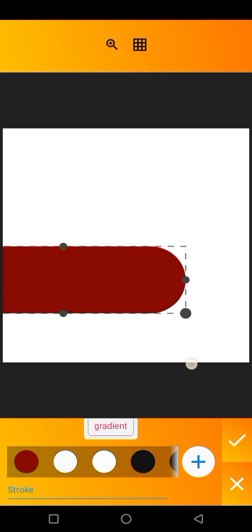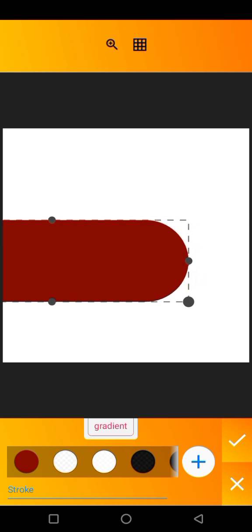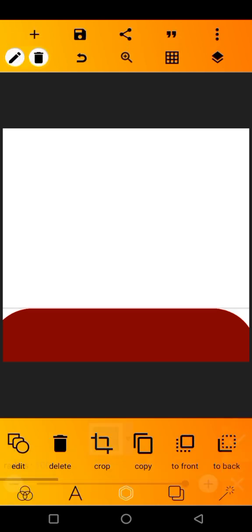So after doing that, you increase the size of the shape like this. I want this radius side to show, the curve side to show on the canvas. So like this, something like this. Perfect. So after doing that, you click on the good icon, then you scroll down to texture, click on this